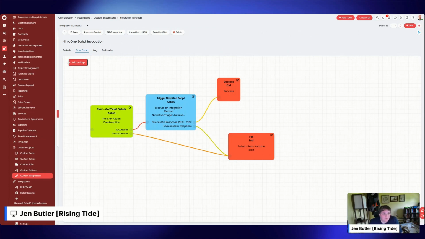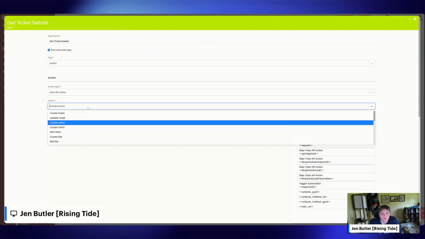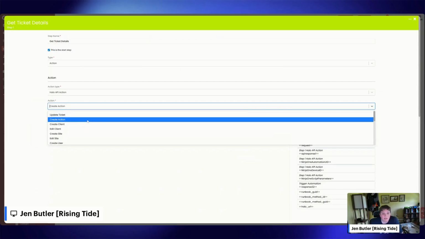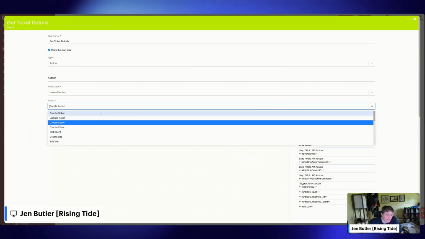So this is one of the built-in ones, though, that Halo provides on some of the newer instances, and this is invoking a script to NinjaOne, right? So what it's doing is creating the action. They've created a Get NinjaOne Script Details automation that they are letting you create. So in Halo, you create actions, you can update actions. But bringing it back to my example here,